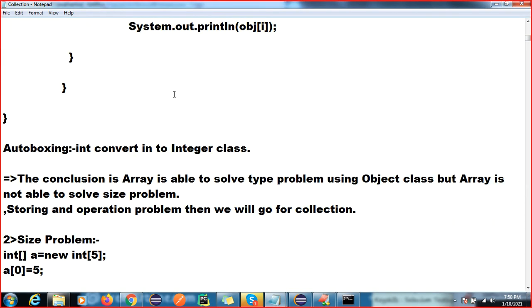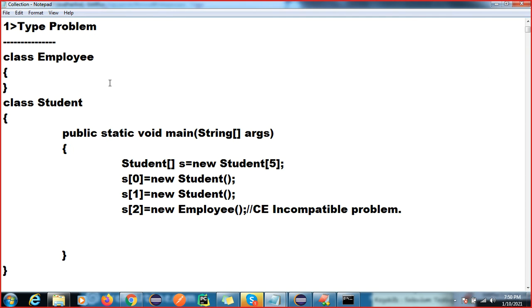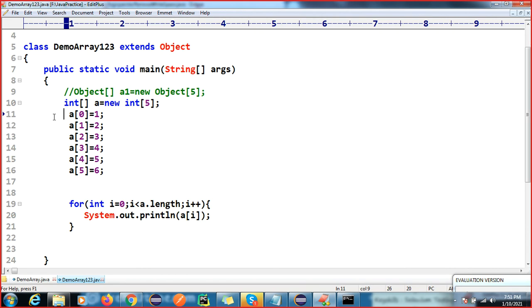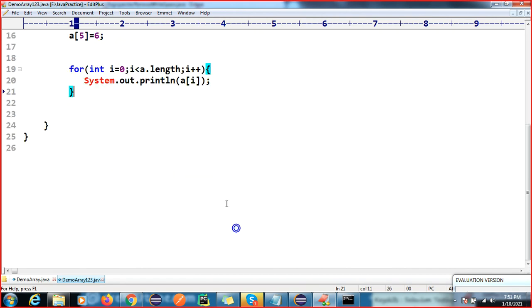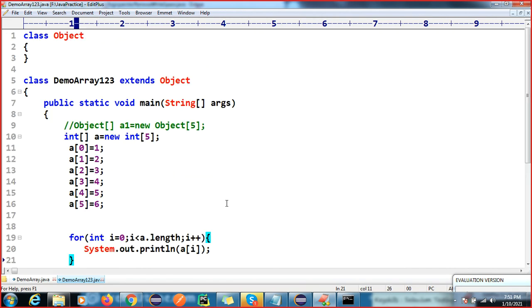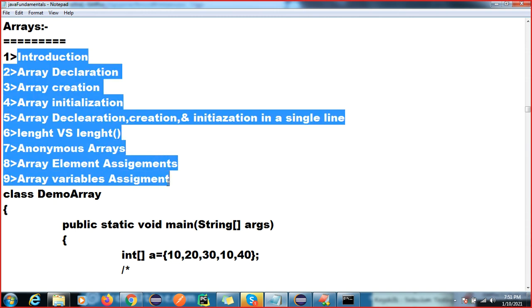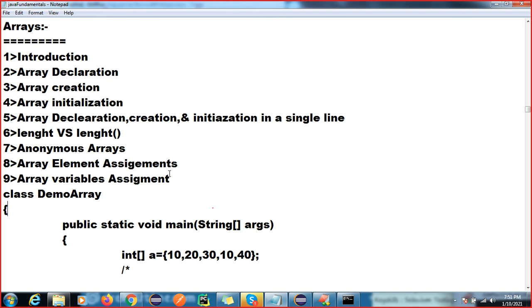Okay, so when I start the collection again, I will remind you of everything we have learned today. I'm not going into collection right now. So this is your introduction to an array: what is an array, why we use an array, what is the advantage of an array, what is the disadvantage of an array, and if it has a disadvantage, what is the solution, right? So this is called your array. These are the topics of an array, and we will go through them one by one.